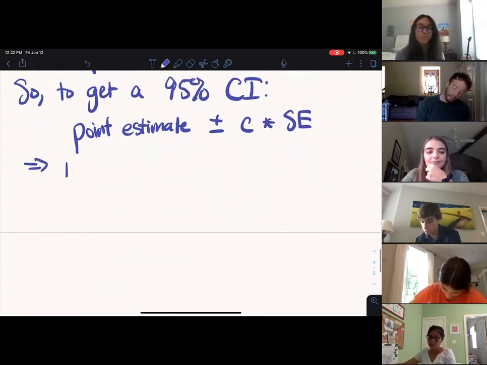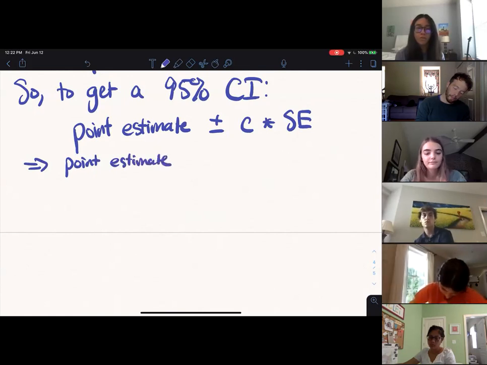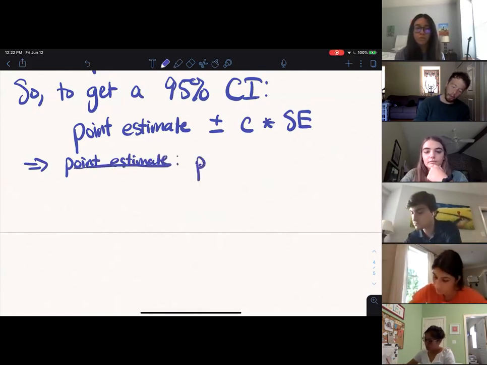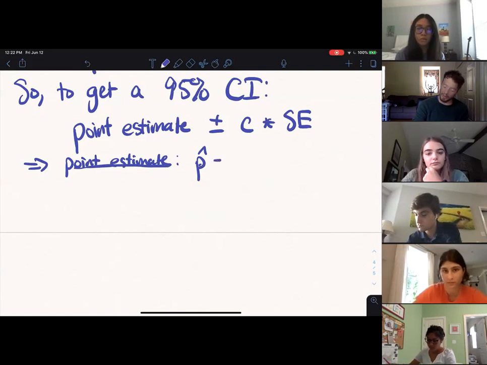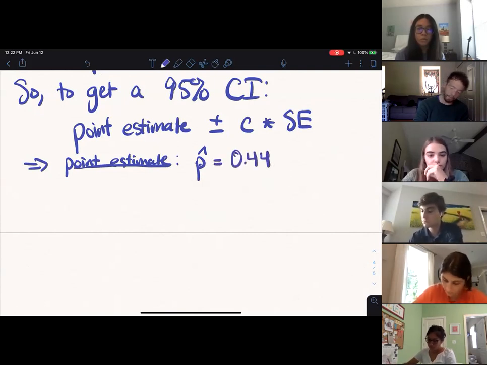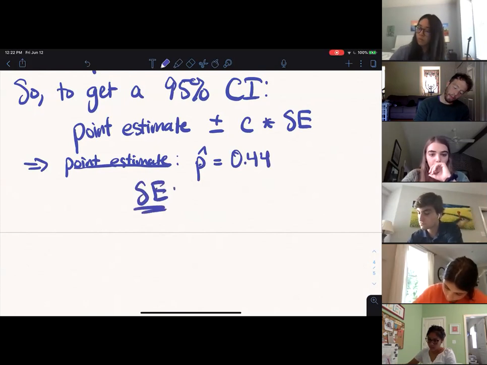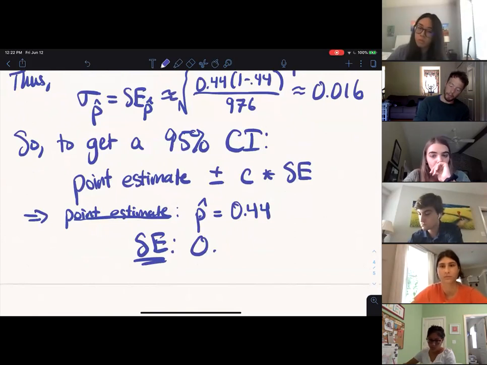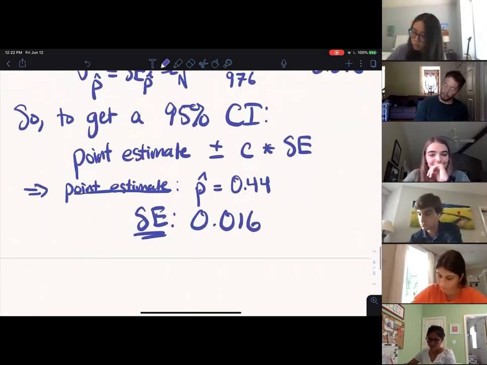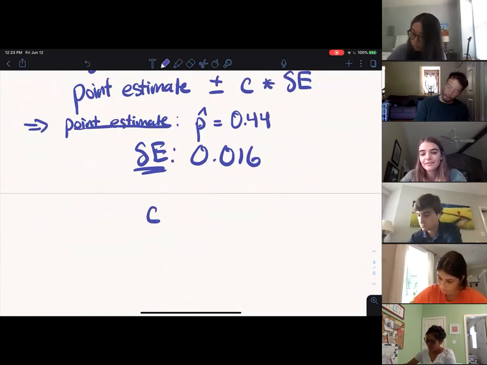And to get these different values, we'll just say, well, what's our point estimate? Our best guess at the population proportion is just going to be the proportion that we found in our sample, right? It's our best guess. There's no other reasonable best guess. So we'll just say that the point estimate is 0.44. The standard error, I gave you the formula, and we actually just calculated it literally 2 seconds ago. Not literally 2 seconds ago, figuratively 2 seconds ago. And our critical value